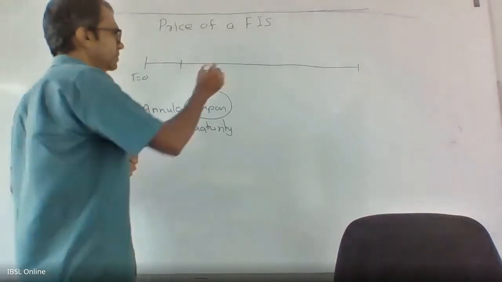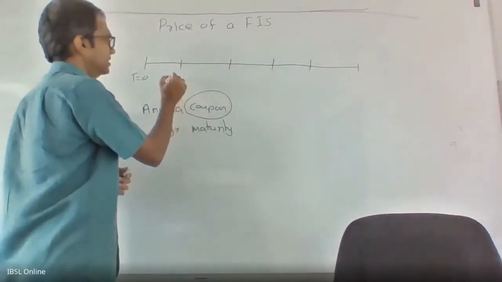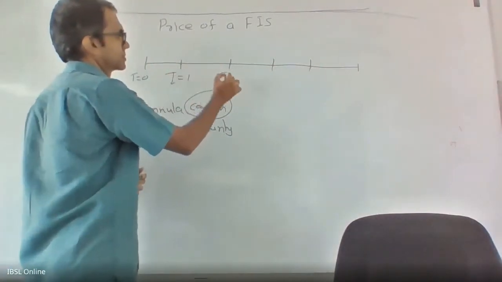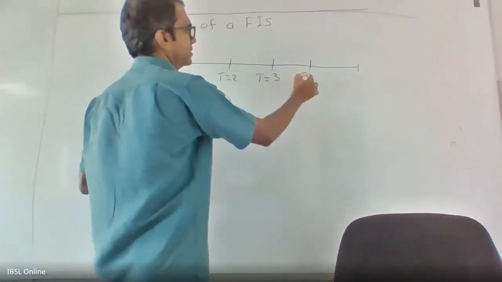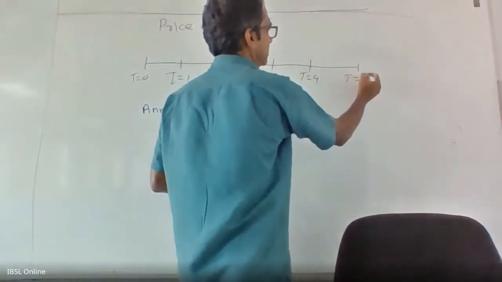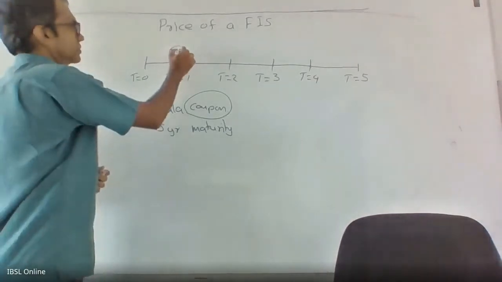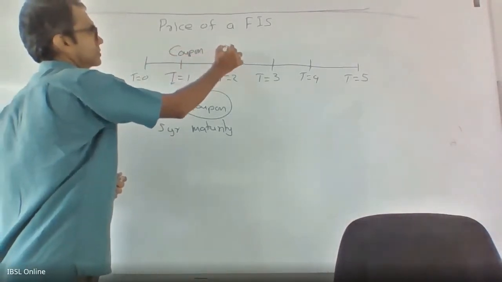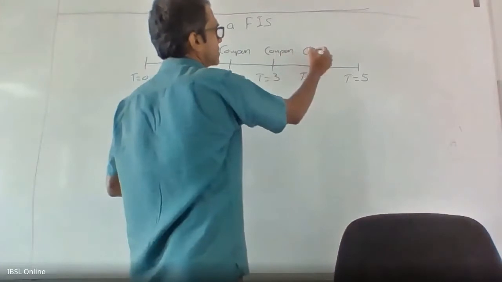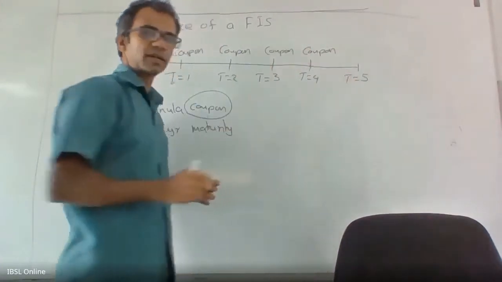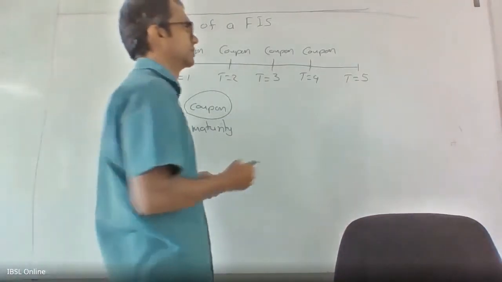So there will be 5 time periods in years: year 1, year 2, year 3, year 4, year 5. What do you get? Coupon, coupon, coupon, coupon. But on the last payment date, you get